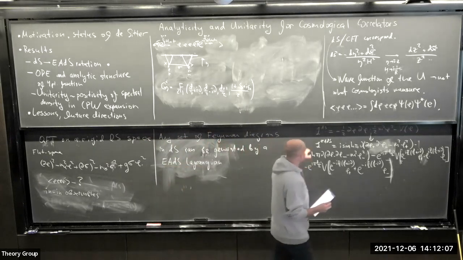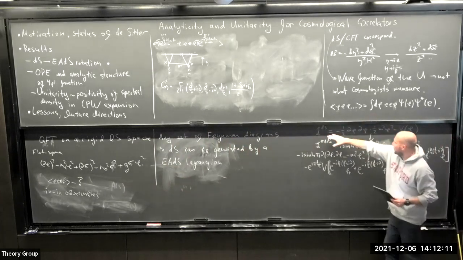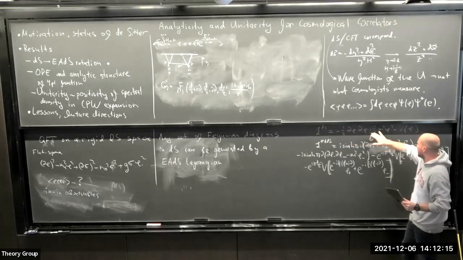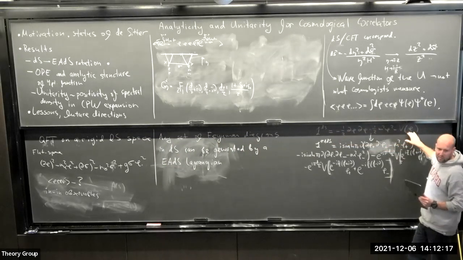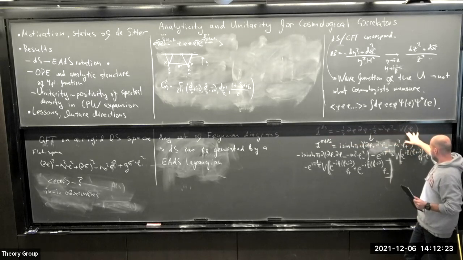Okay, so here I have it written. I hope everybody can see. The first line is simple, but you cannot see it. So here I just wrote a theory for a single field phi with some self-interaction. It can be generalized to any number of fields and interactions. But let's take a single field phi with